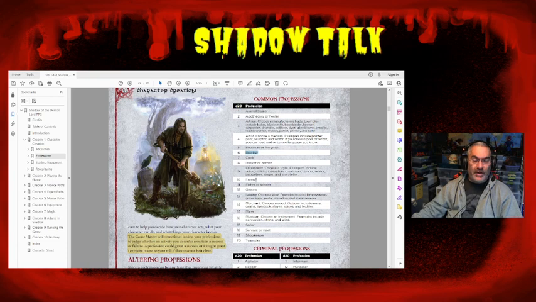So, you're getting into an adventure, and the characters accidentally kill a town guard because the guard was being a dick and wouldn't let them in. But they have to get rid of the body, or else the rest of the town law enforcement's going to come down on them pretty heavy. So, the character with the butcher background would be able to essentially take that and neatly dispose of the body using his butcher background. And, the DM could give him a boon if they were bound by time and needed